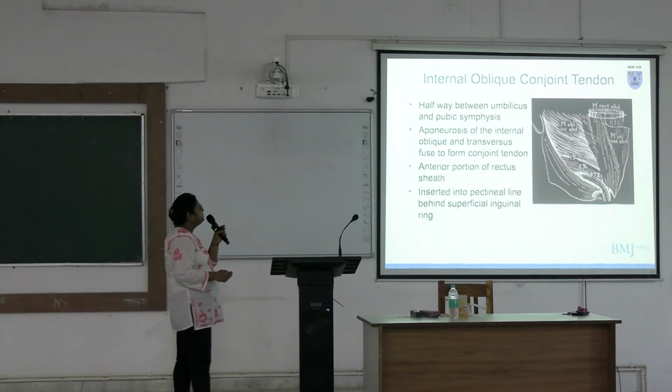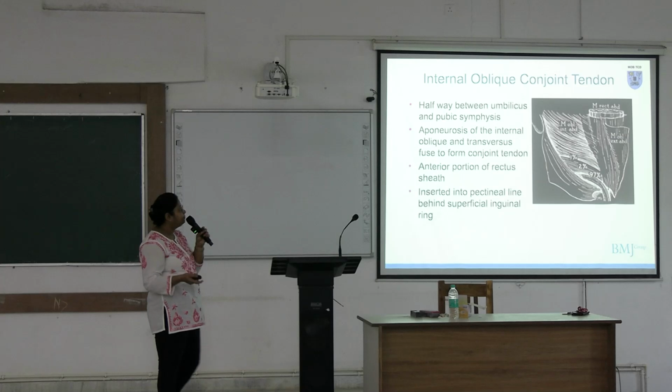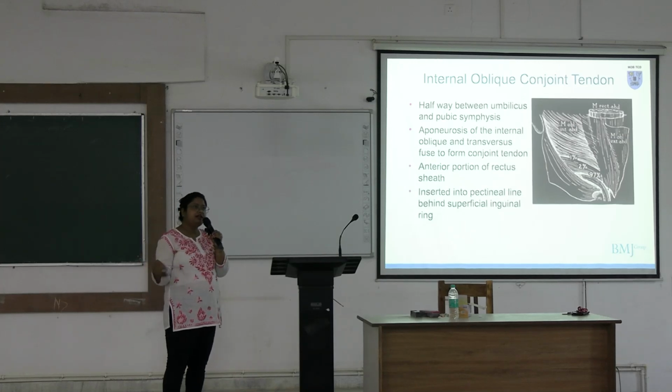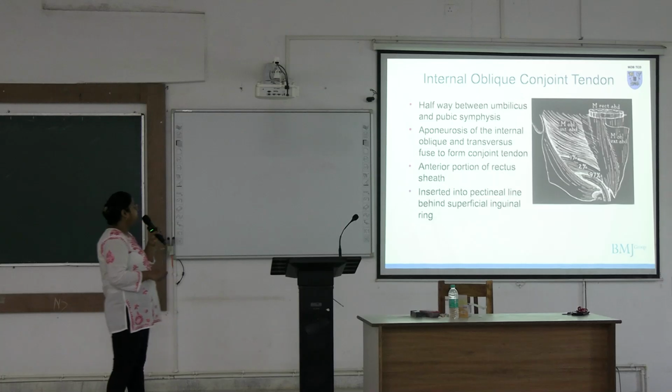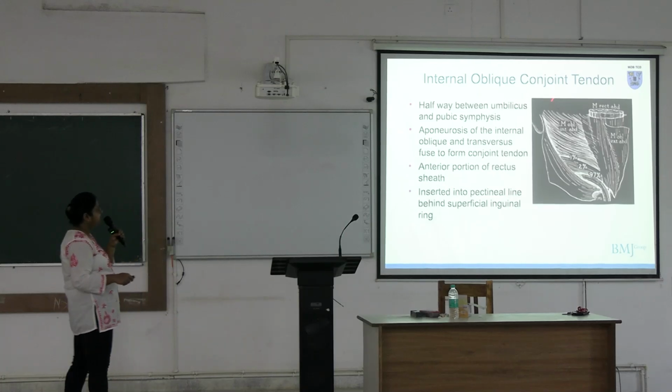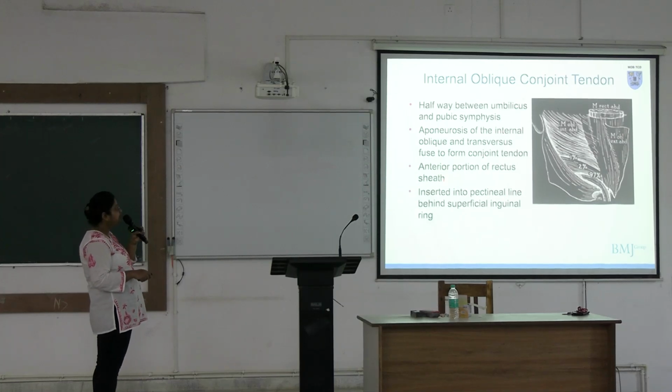Next, we are going to the conjoint tendon. What is the conjoint tendon? It forms a boundary of the inguinal canal and is also asked in your viva. Halfway between the umbilicus and pubic symphysis, at this region, the aponeurosis of internal oblique and transversus abdominis fuse with each other to form